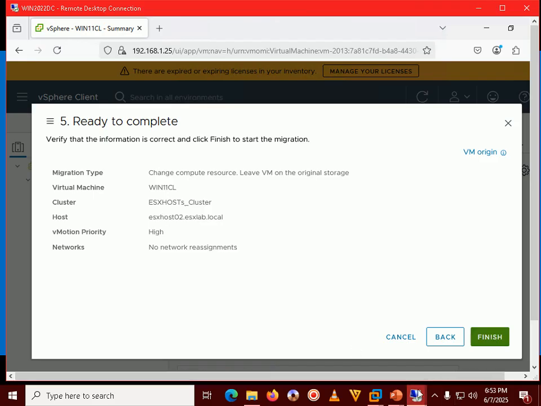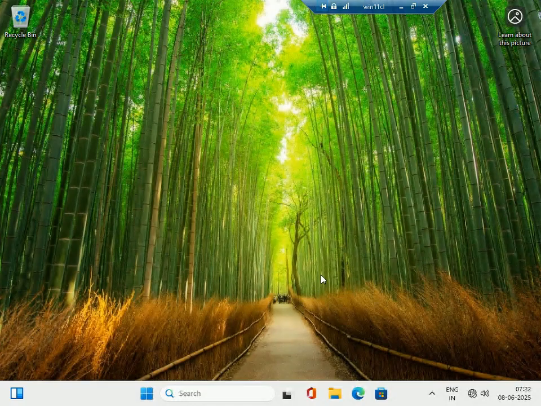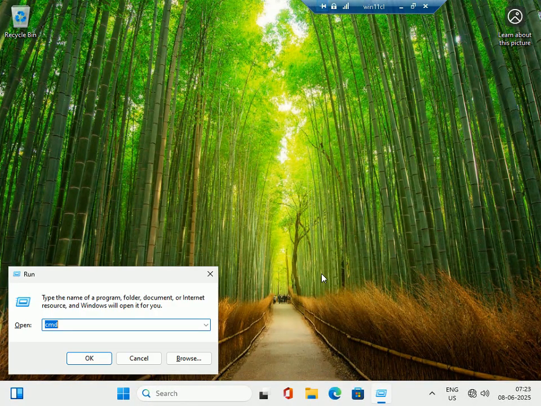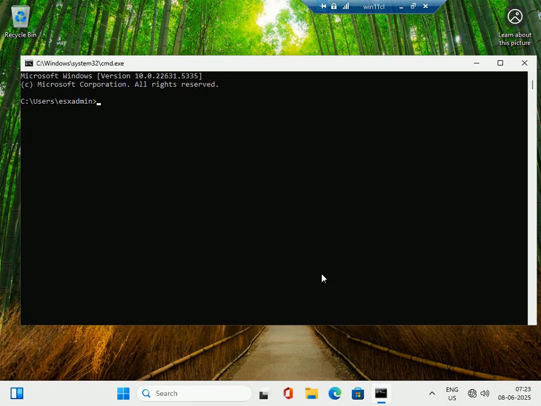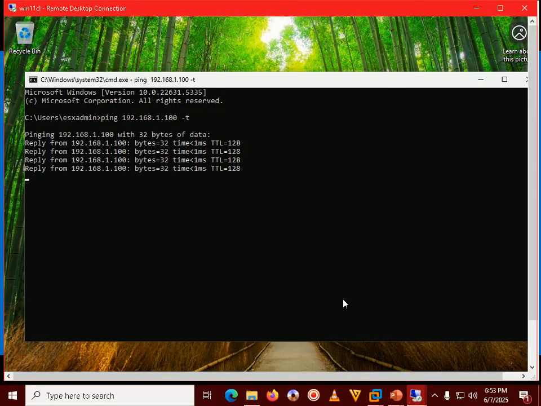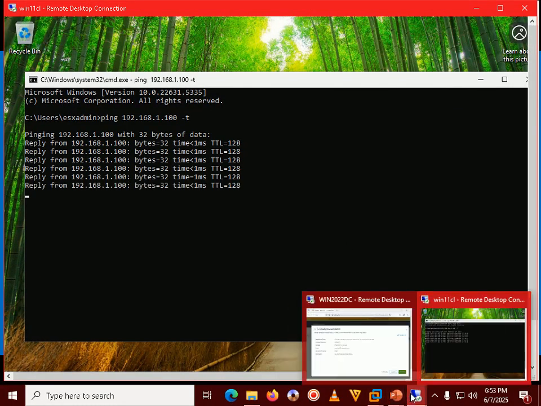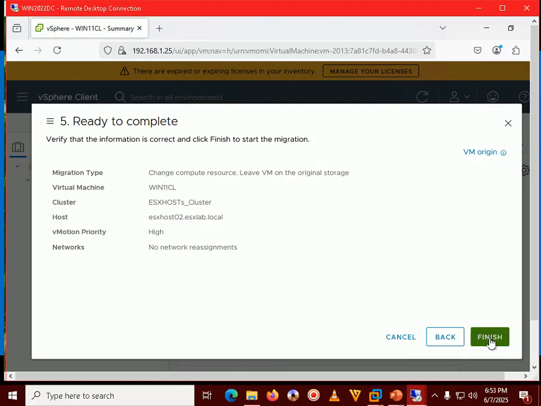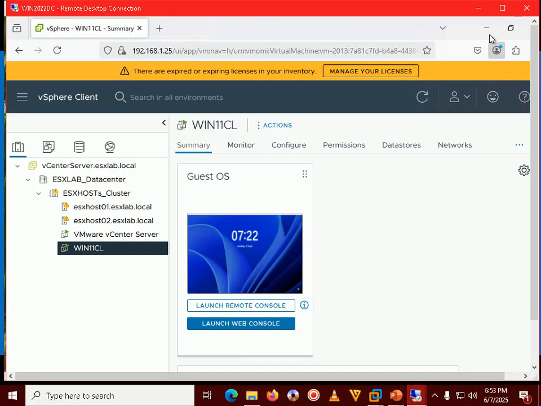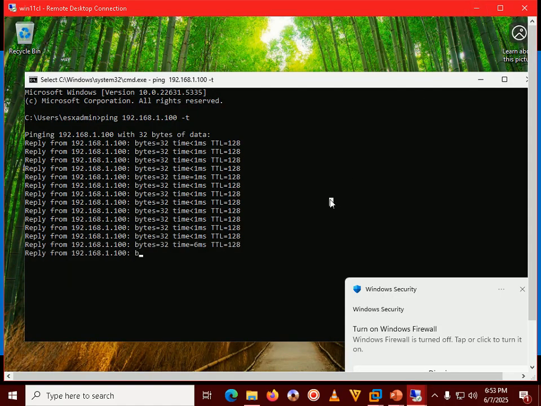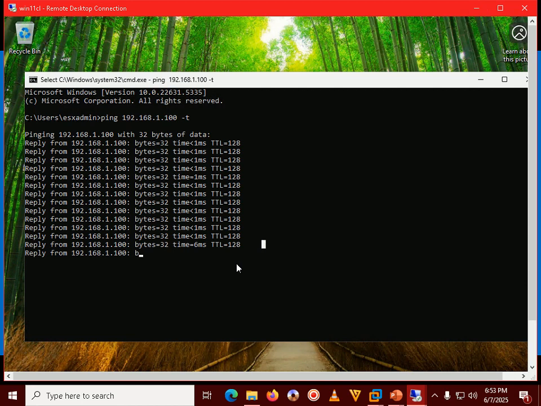So once I'm clicking finish, I will immediately go here. Before clicking finish, let's see, I will just start pinging my domain controller in the background. Okay, now come back here and click on finish, and you can see over here